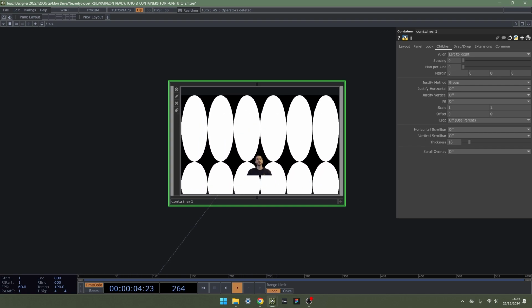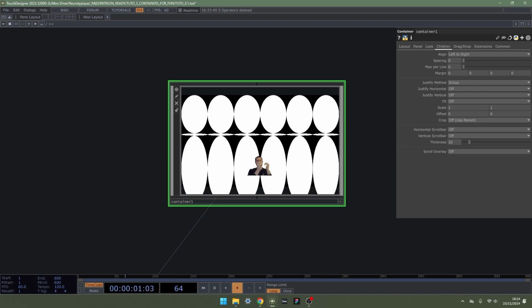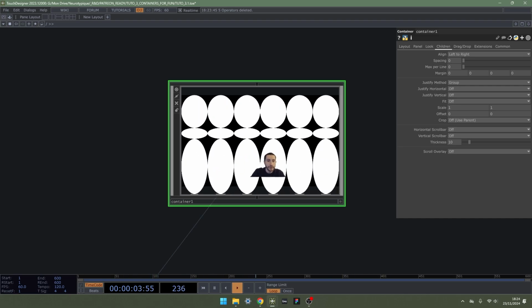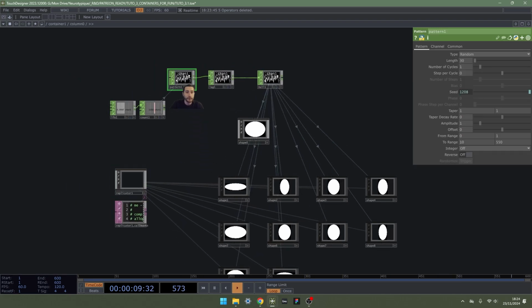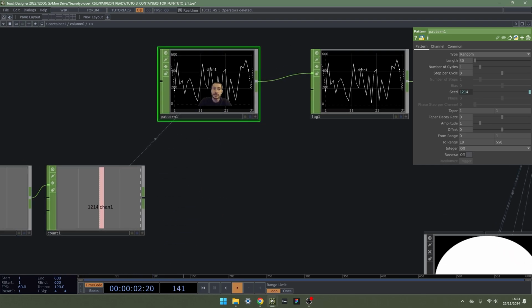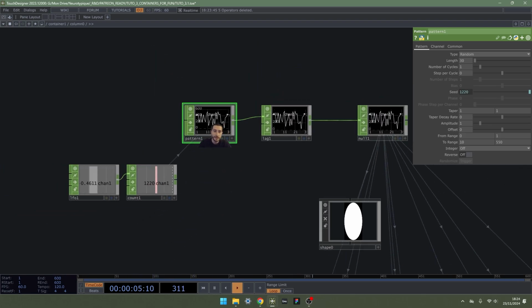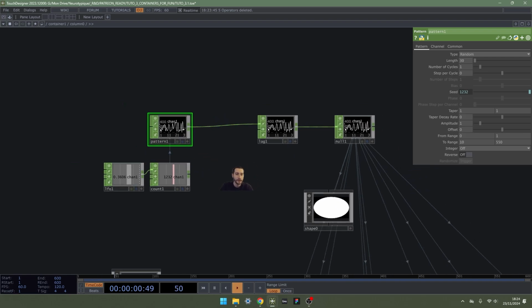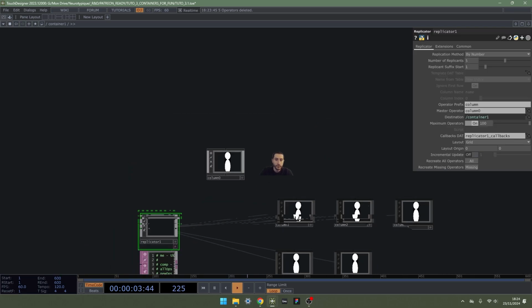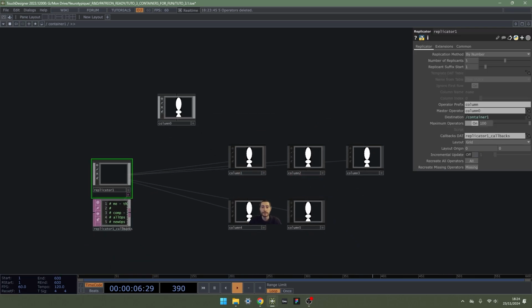So what we want is for each column to be independent, so to have its own randomness. What we can do is to look at where exactly this randomness is coming from. It's coming from here. And it's also changing each time we change the seed. So the seed seems like a good contender for fixing this problem. We want each column to be independent, and as we did with the circle, when we copy and paste or replicate the column, the only thing that changes is the number, the me.digit. So we can try to use that.